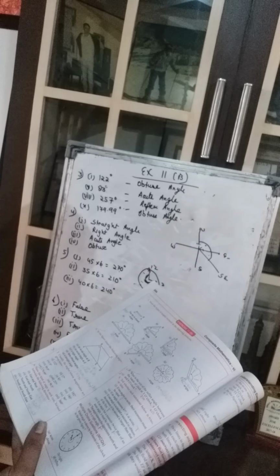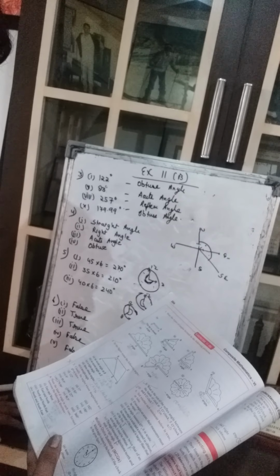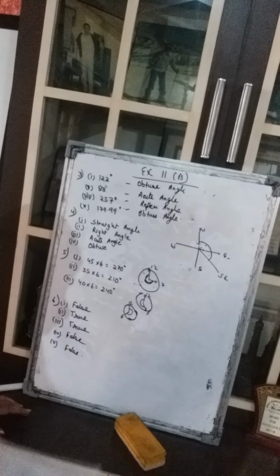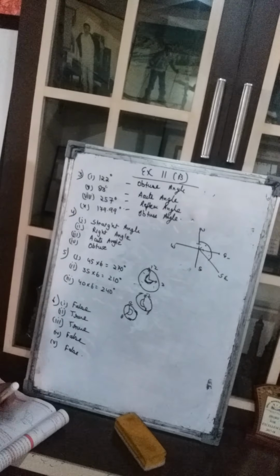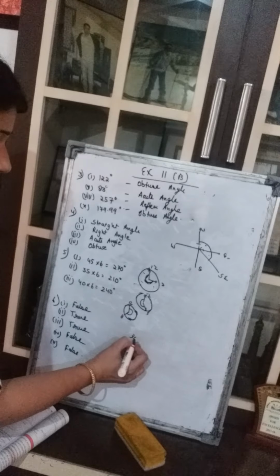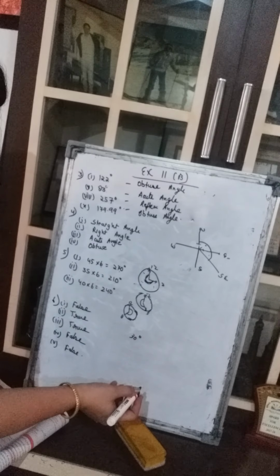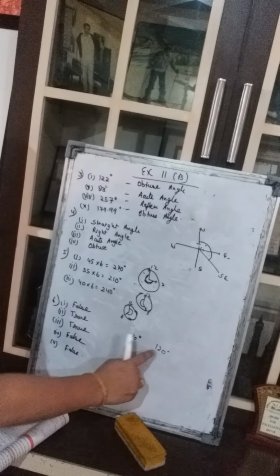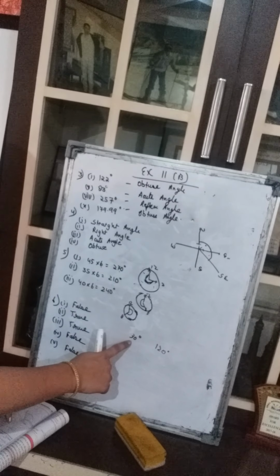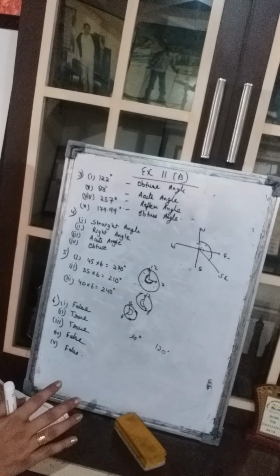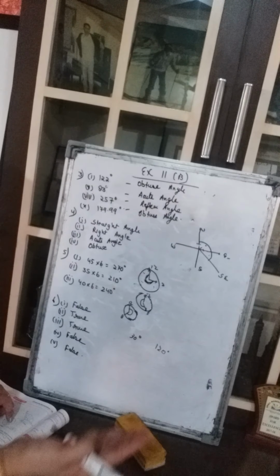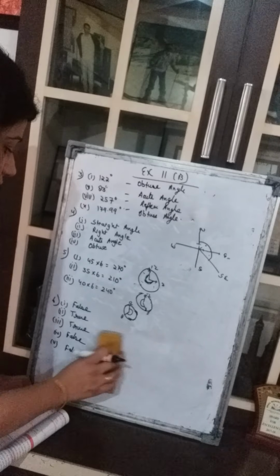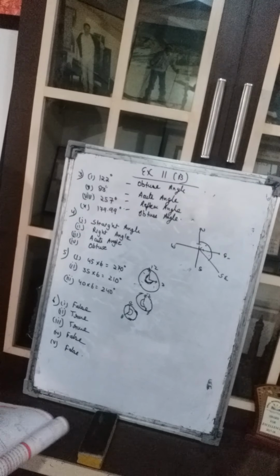Third one. If one angle is acute and the other is obtuse, the measure of the second is larger than the first. If one angle is acute, let us say it is 30 degrees, and the other is obtuse, obtuse means more than 90, suppose the other is 120 degrees. Then the second one is always larger than the first. Yes, it will be true because obtuse always means larger than acute. Okay, so this is true. Third part is true. Now the fourth part.